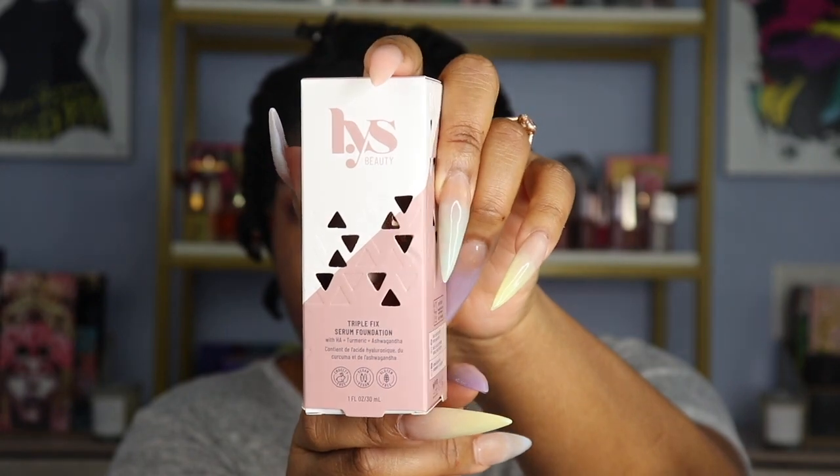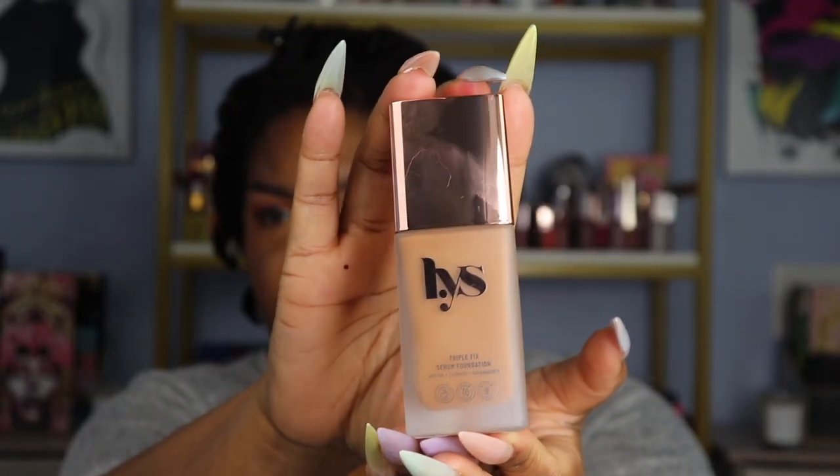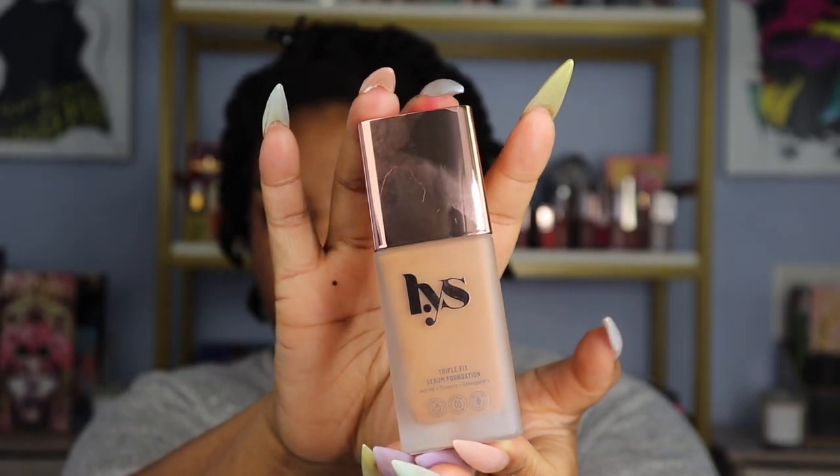So let's get to the good stuff, the things that you guys come here for, the makeup, okay? I ordered the LYS Beauty Triple Fix Serum Foundation. So this is in the shade DG6, and I think I did a really good job of shade matching to myself on the internet because they don't sell this in store. I went to check to see if they did so I could shade match in person and then buy it,